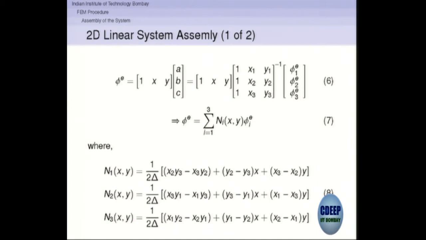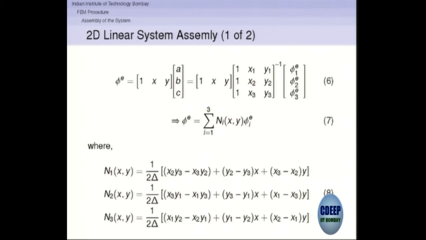So effectively, if we can do this for one element, we can do this for all the elements. When we sum all the energies, we will be able to express the energy of the entire system in terms of the vertices of all the triangular elements. In the original problem, the energy was a function of the infinite number of points within the capacitor plates. Now we have made that energy depend only on the potentials at the vertices of the triangles.